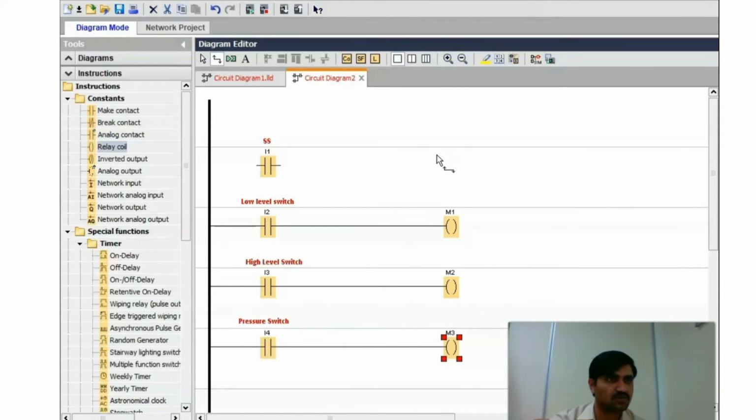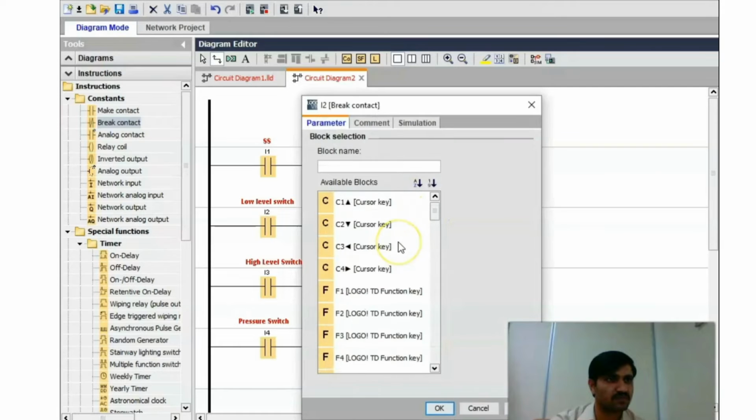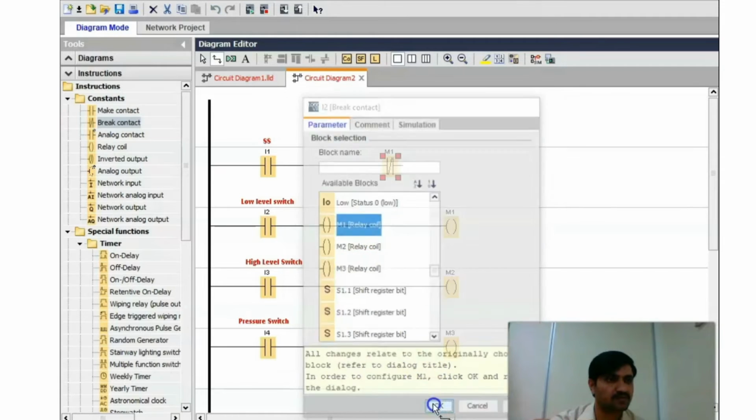Now we will use the relay contacts with the I1 to make the logic. I need to put M1 here. Here is the M1.